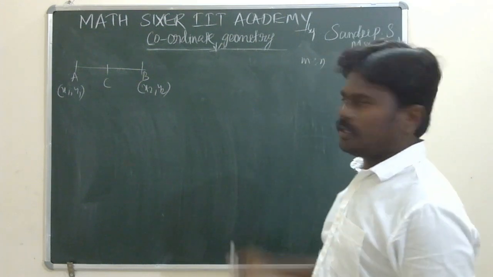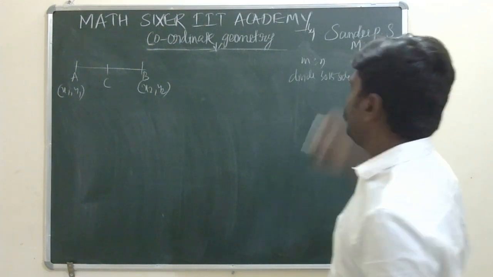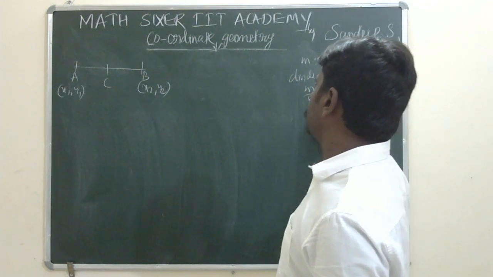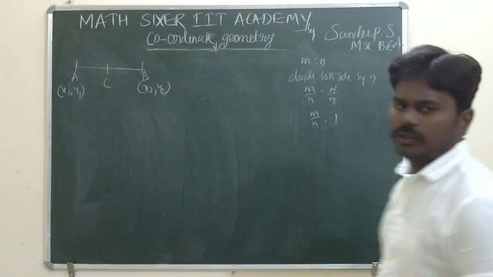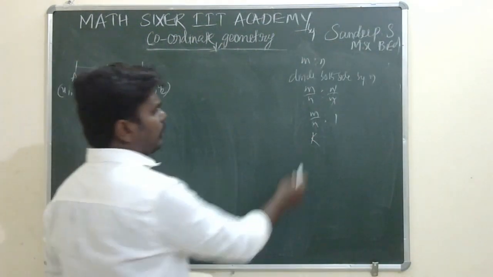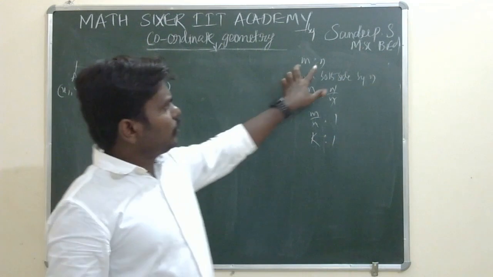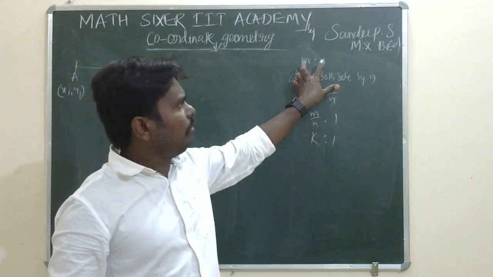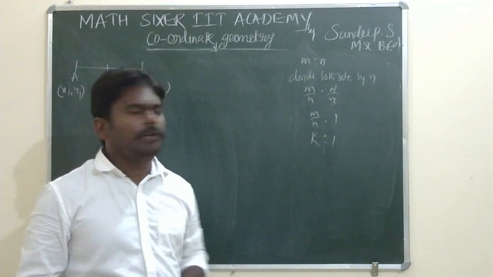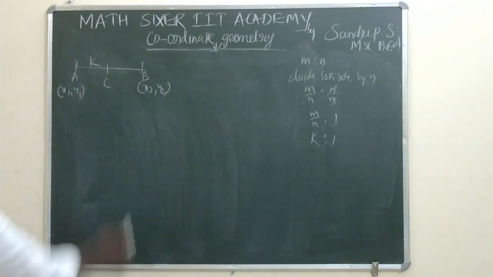So here what I am doing is dividing both sides by n. Then you will get m by n is to n by n, so here n gets cancelled, giving m by n is to 1. Now m by n is also a constant, so that constant I am taking as k, so hence we can write k is to 1. That means two unknown quantities have been made into only one unknown quantity, to make the calculation simple. So when C divides AB in the ratio of k is to 1,